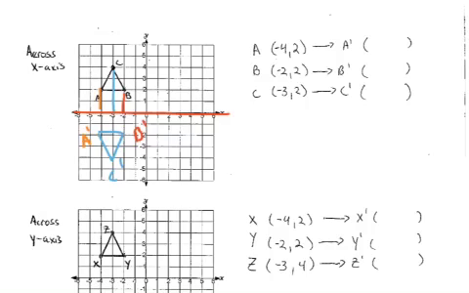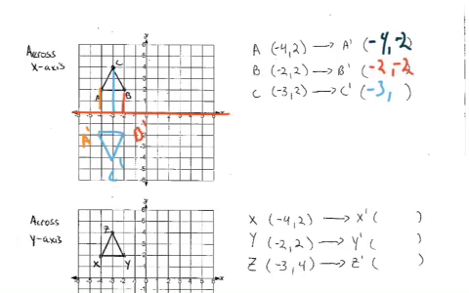Well, I go left 4, down 2. So it's going to be -4, -2. Next. How about my B prime? Well, B prime, I go left 2, down 2. So that's -2, -2. And finally, C prime, I go left 3, down 4. So that is a